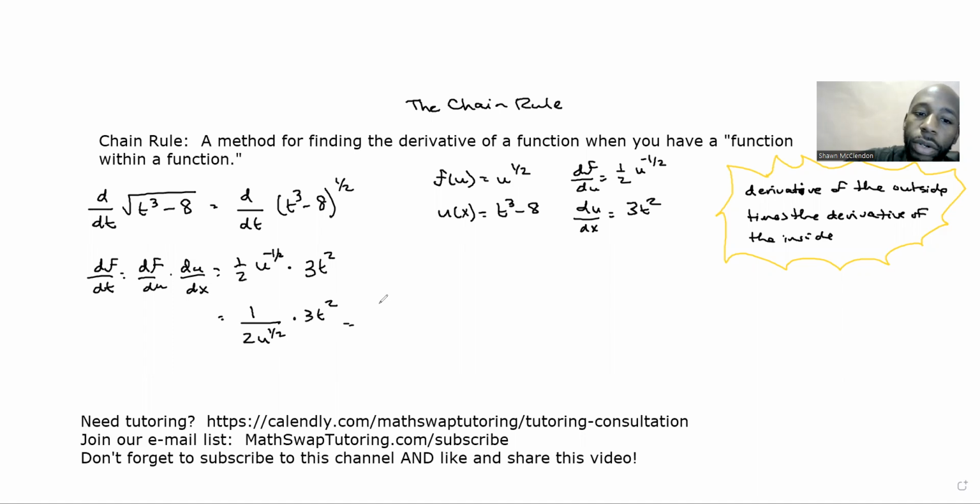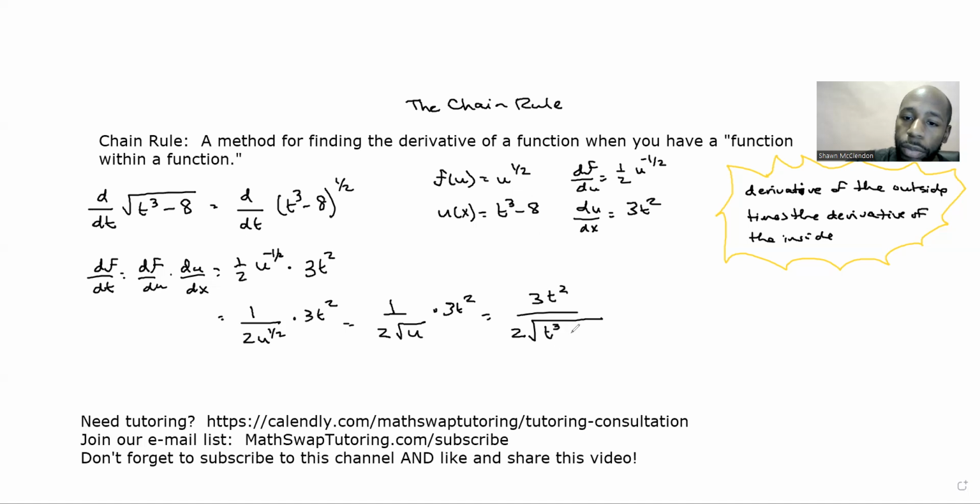Let's clean it up some more. I'm going to change u to the 1/2 back to a square root. So it's going to be 1 over 2 square root of u times 3t squared. Now finally, let's bring it all together. The numerator, 3t squared over 2, and then u was equal to